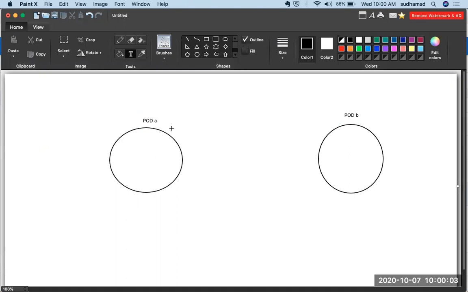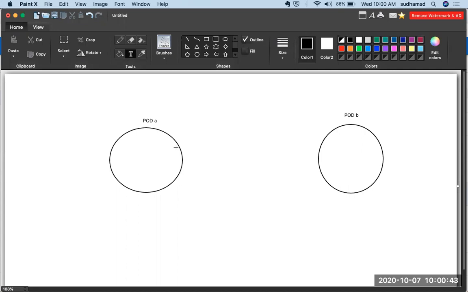What is pod anti-affinity? Let's say this pod is running on one particular worker node. I want to ensure that wherever this pod is running on a node, I don't run this pod on the same node. That is called anti-affinity, the opposite of affinity. Affinity is when I want to launch my pod A on the same node where pod B is running. If I don't want to launch it on the same node where pod B is running, then that is called anti-affinity. So that is the purpose of affinity and anti-affinity of a pod.